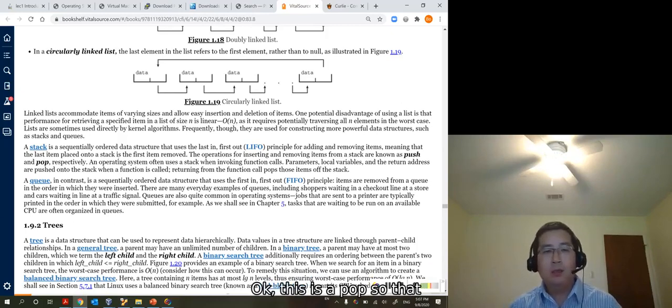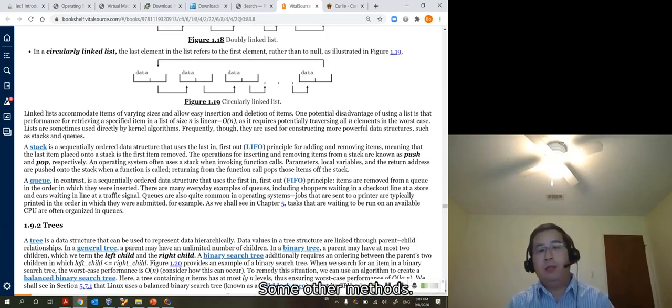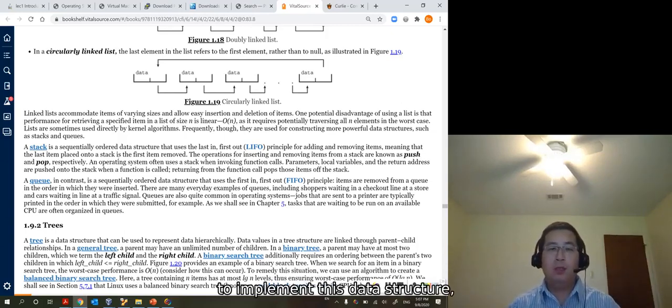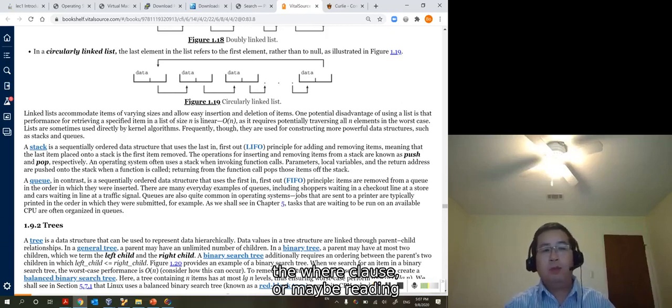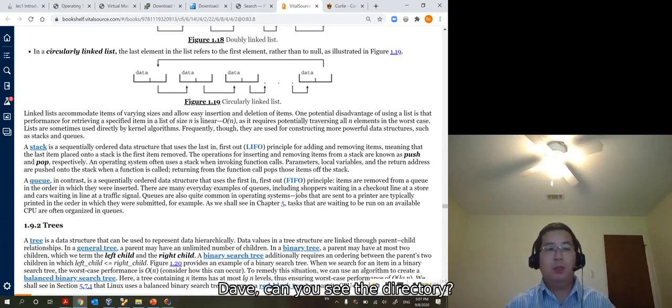This is the pop. In fact, we can simulate this data structure using maybe an array. Using a linked list is also possible. So you need to know how to implement this data structure as well. Of course, maybe in some programming languages they already have the class definitions, then you can use them directly.